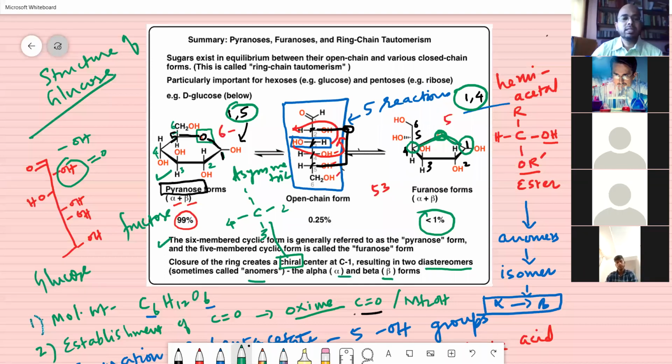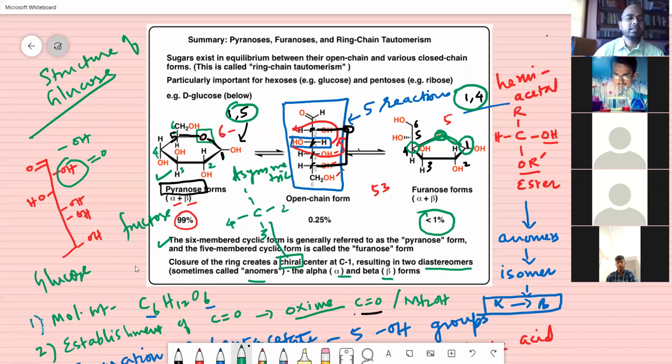So the sugar exists in equilibrium between the open chain and the cyclic structure. But most importantly, it has been proved by many reactions that it does not exist in the open chain structure. Why? Because in the open chain structure, you would get a reaction due to CHO, but you do not get a reaction due to CHO. CHO is not converted into aldonic acid or gluconic acid. There is no free CHO group. If there is no free CHO group, it is definitely a cyclic structure.